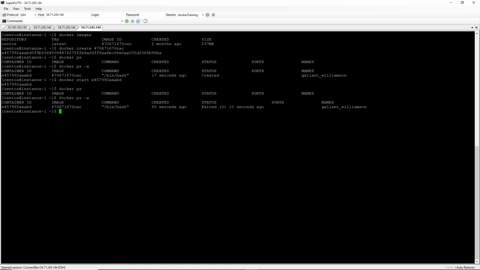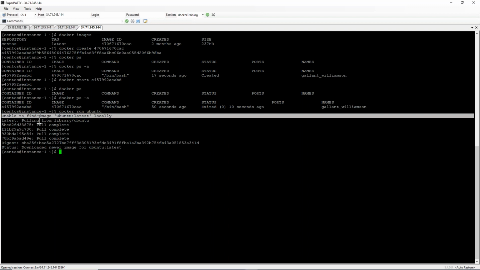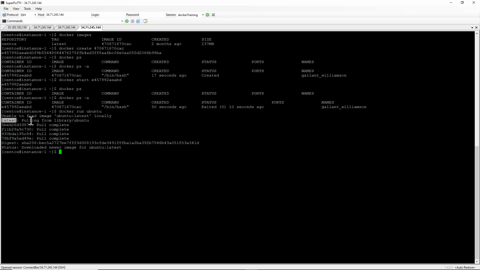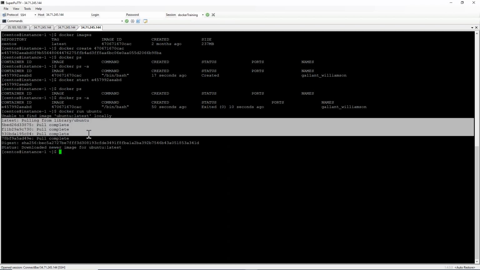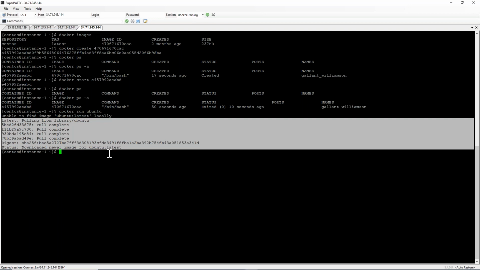For example, now I want to run Ubuntu. So first it is checking, unable to find the image locally. Then it is pulling it from the Docker Hub. Pull is completed and it created the container out of it and gave you the information.